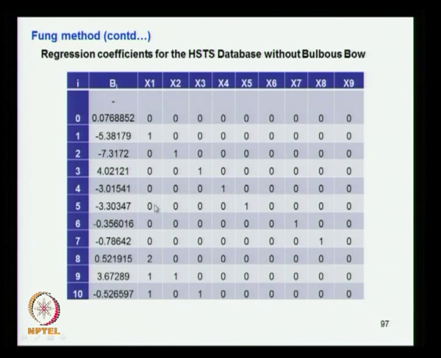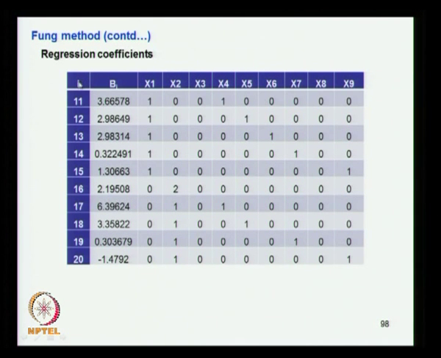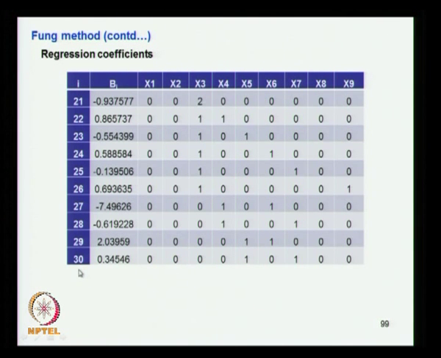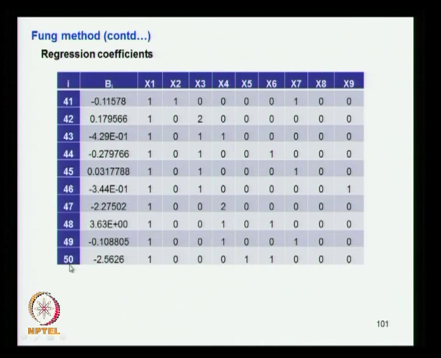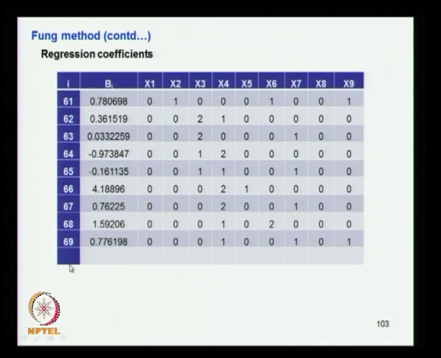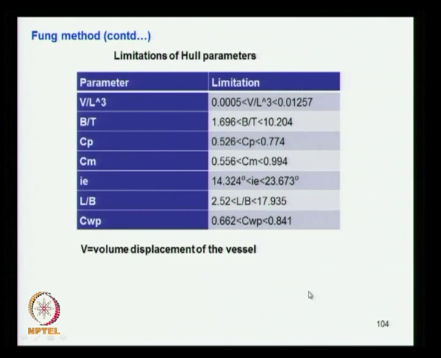Then you just continue with that, you have a similar diagram for the regression coefficients, it goes up to 20 now, 30 here, 40 here, 50 here, 60, it goes up to 69. So there is a total number of coefficients here. So all the coefficients are given here. The power keeps changing, maybe 2 here, you can see that some powers are different. So it is a straightforward method.